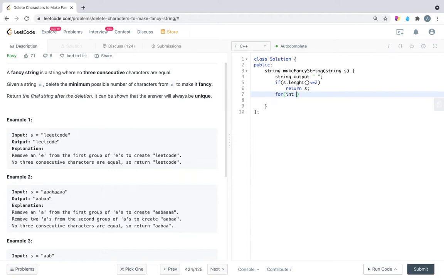Now we'll go through all the characters in the loop and check whether we have any 3 consecutive occurrences or not.